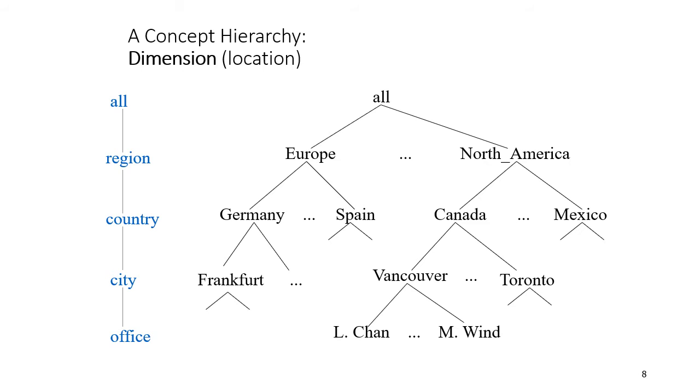Just look at the concept hierarchy dimension again. I just want to revise it so that we can move forward with our data cube part. This is a structure in which the dimension moves from office level to city level to country level to region level to all. So it is basically a concept hierarchy dimension, and the dimension here is location.